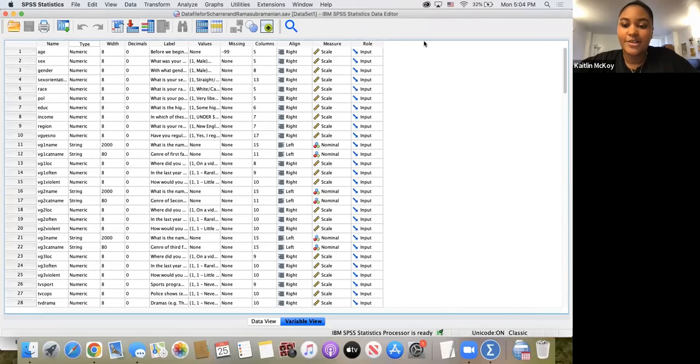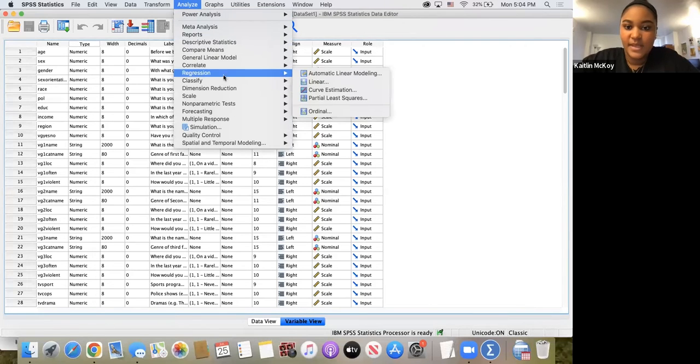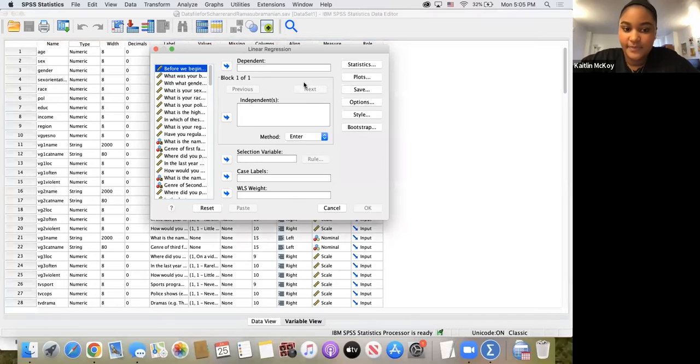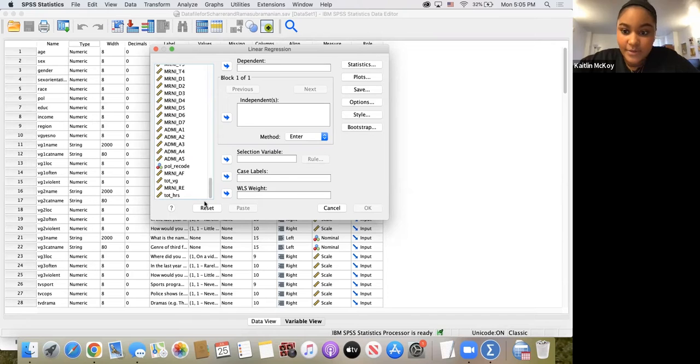To run a multiple regression test, first we go to Analyze, Regression, and Linear. And of course, I'm going to switch these into displaying variable names. And the dependent is going to be MRNI_RE, which is the restrictive emotionality scale of the masculine roles and norms index. So higher scores on this item mean that respondents think that men and boys should restrict their emotions. So I'm going to add that to the dependent